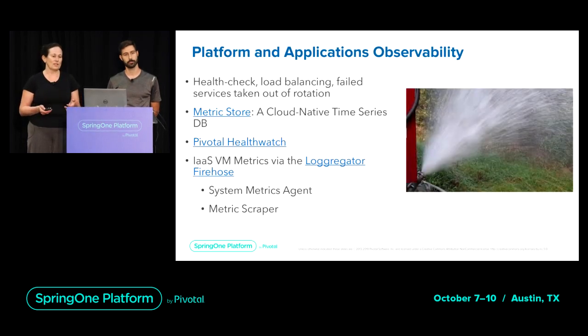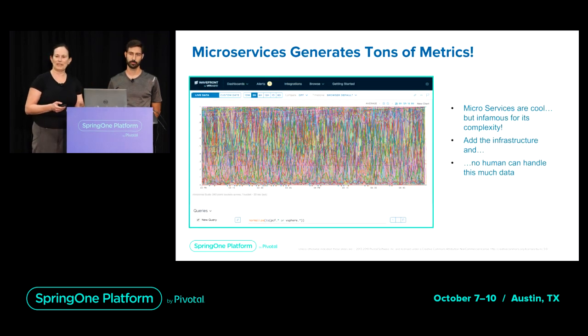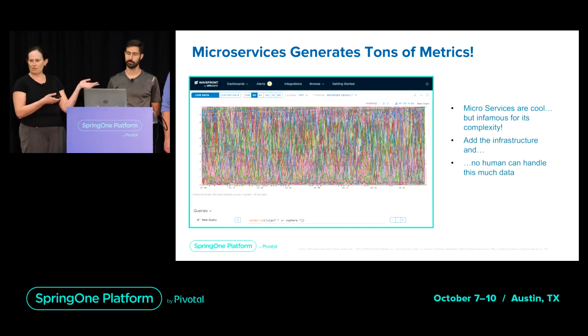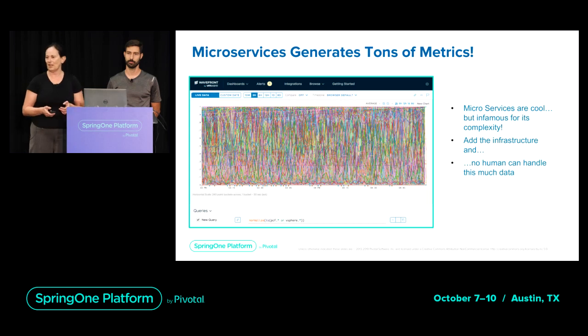And Pivotal Platform, for instance, has a firehose that literally gives an explosion of metrics. And you need an observability tool that can make sense of it. Pontus did a small installation of PCF, and this is how the firehose looks. You cannot make any sense of it.